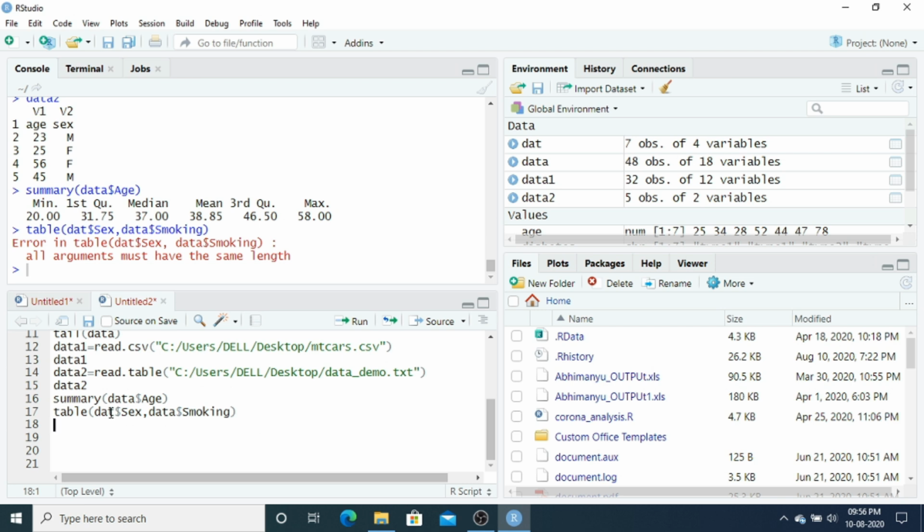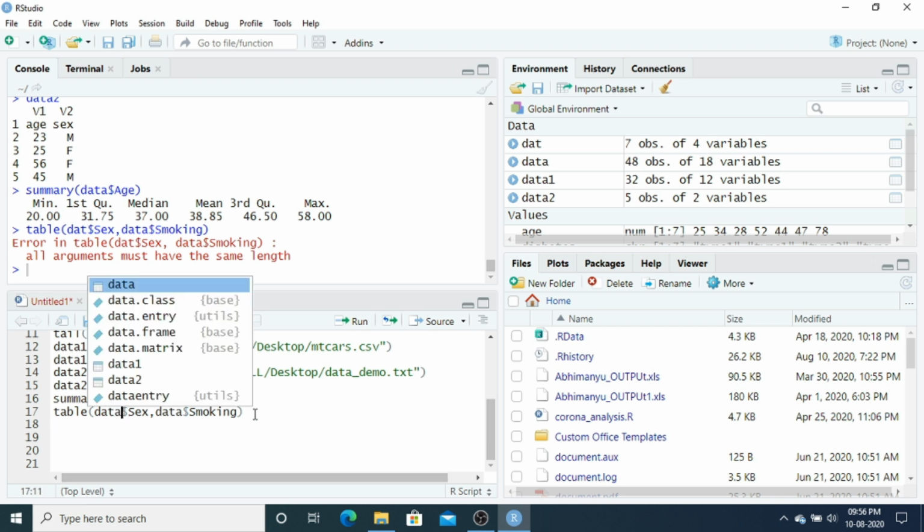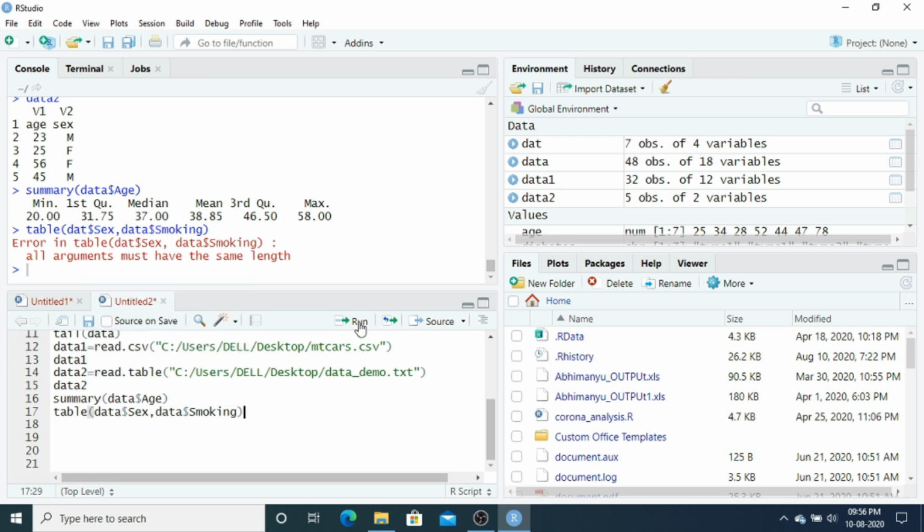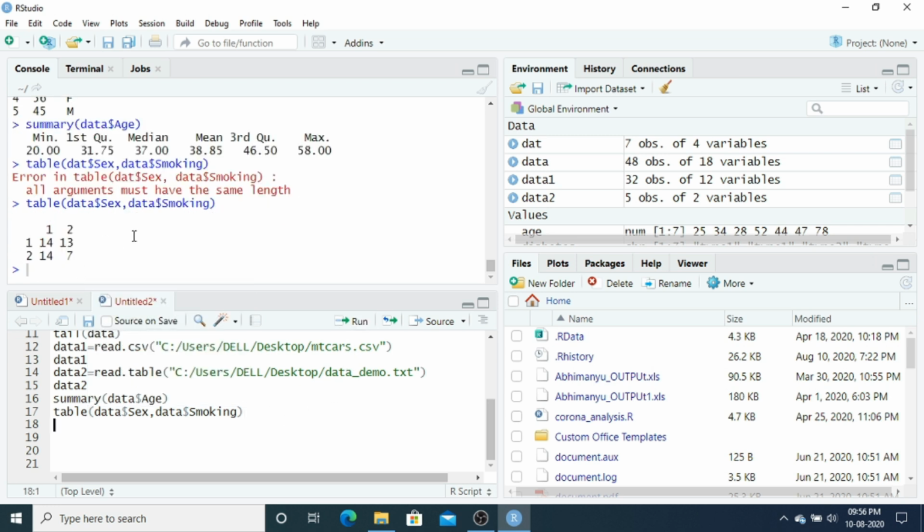Oh sorry, this is data, actually. Okay, so it means male and female, and we can rename it, right?